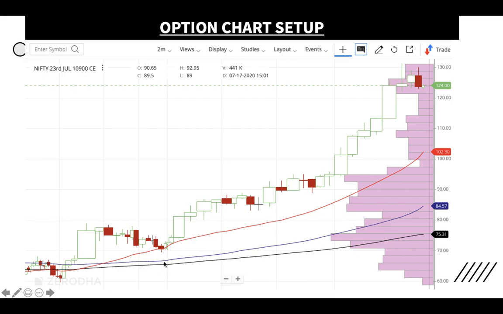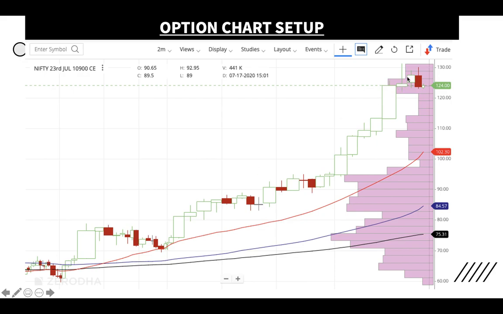VWAP is a big support and the 50 moving average is another support. So both supports should be broken for it to go down below this. So coming down, it could be a fake, and weak hands can be exiting. So the 20 moving average is support, hold it and ride the wave. See, you bought around 50 rupees, or assume, as a conservative, you bought here at 60, or after confirmation you bought around 65.